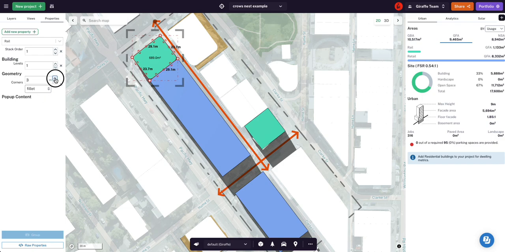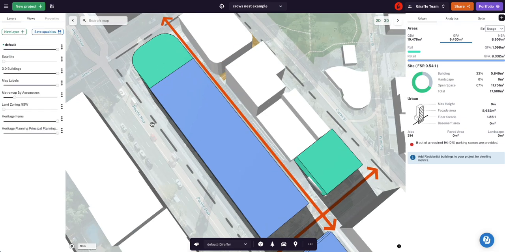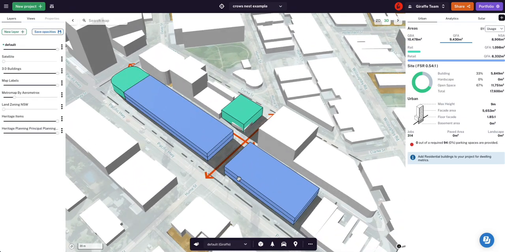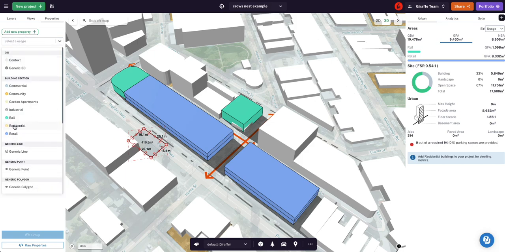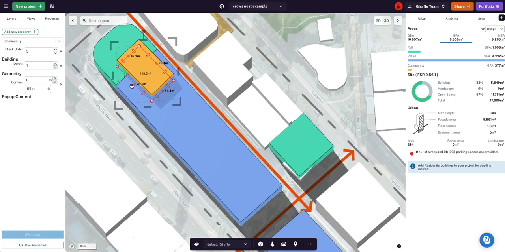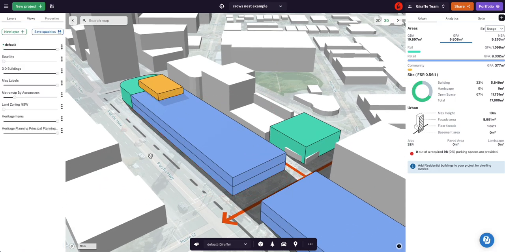I'm going to round that little rail thing off, so people can see it's a nice round little slab over there. All right, so we're 4 minutes in, and we have something. Next thing I'm going to do is pop some community uses on this mega platform. This is 2,800 square meters,